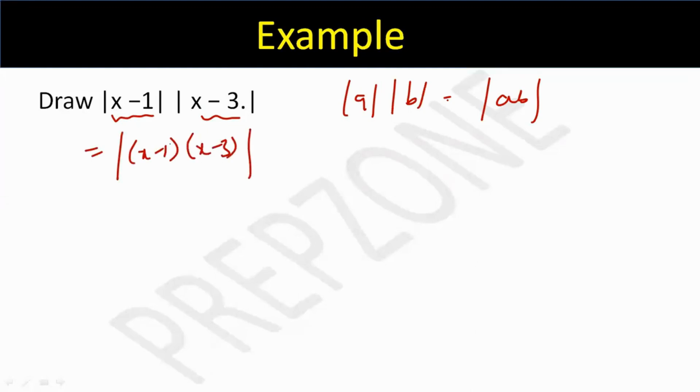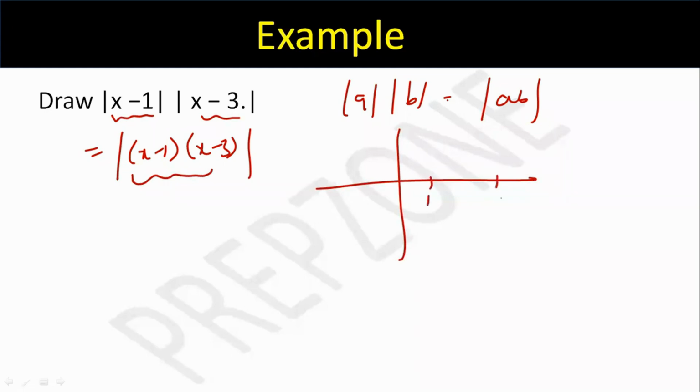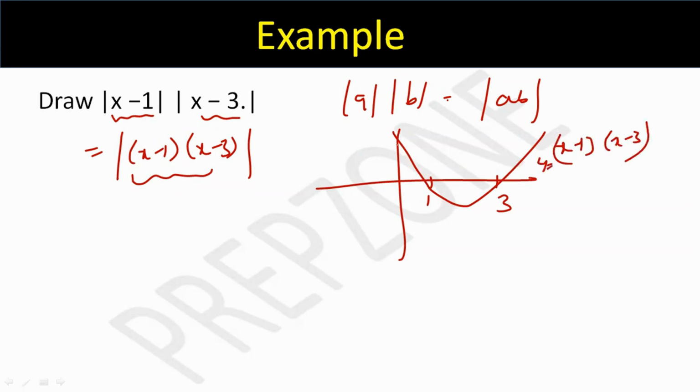Now this question is very clear. You know the graph of x minus 1 into x minus 3, right? It is nothing but a quadratic equation whose roots are x equals 1 and x equals 3. So this is how the graph of x minus 1 into x minus 3 looks like. Now it is the modulus of this, so you just take its mirror image. This will be the final graph. When x is 0, it is minus 1 into minus 3, which is 3, and the modulus will be 3. So this value is 3. It was a 10-second question. So moving further,